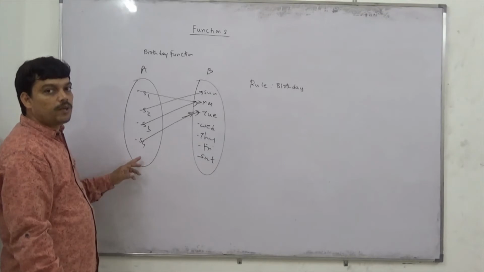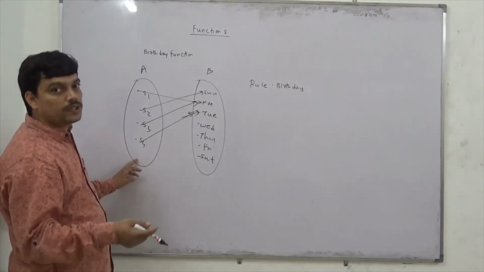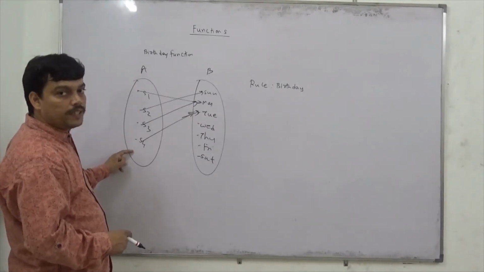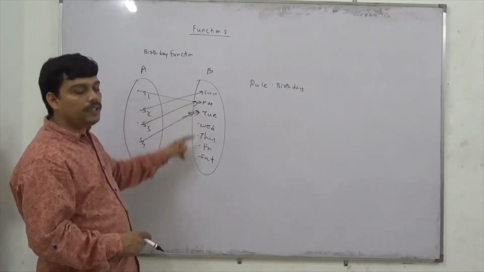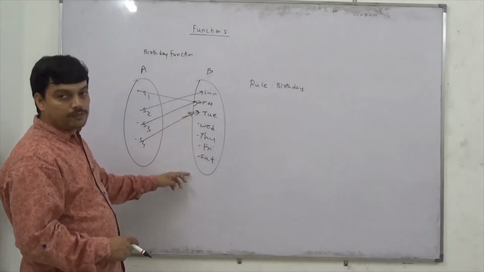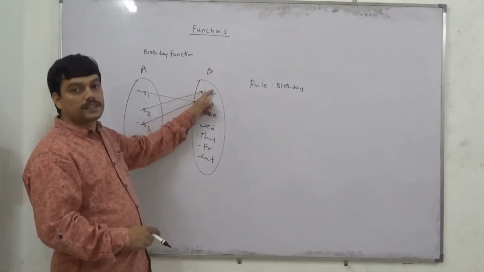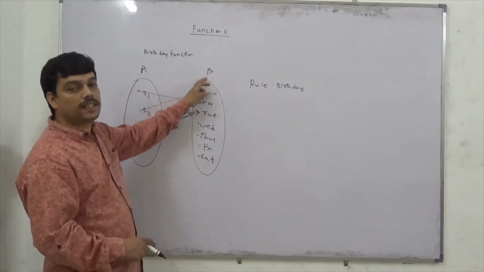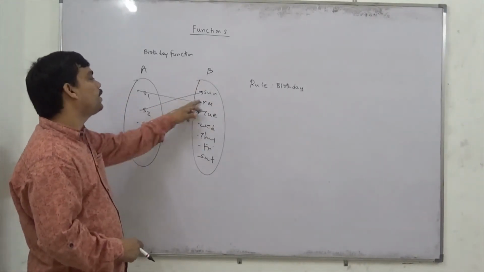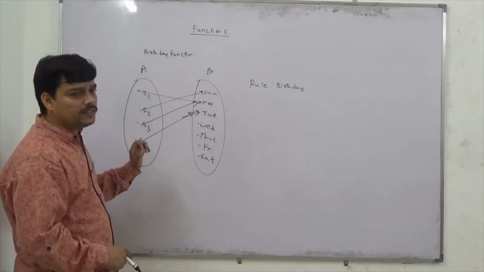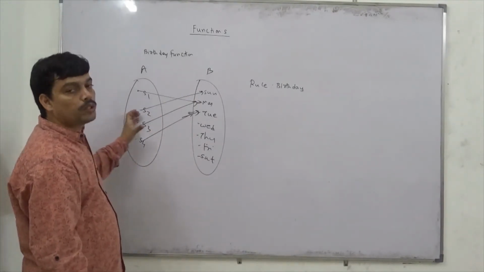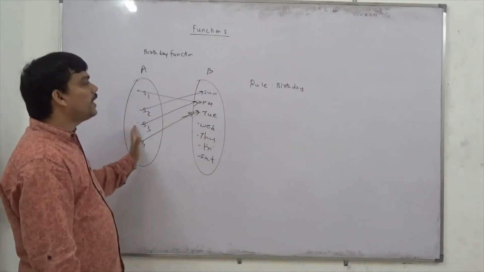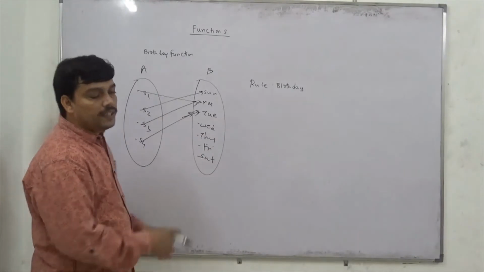If I leave out elements in A, what does this mean? A student doesn't have a birthday, which is not possible, right? So all the students should have a birthday, so every element of A is assigned to some element in B, but some elements in B can be left out. Can one student have many birthdays? That is not possible. Therefore, you cannot say S1 has birthday on Monday and Sunday simultaneously, or S2 has birthday on Monday, Tuesday simultaneously. That means one element of set A you cannot assign to more than one element in set B.